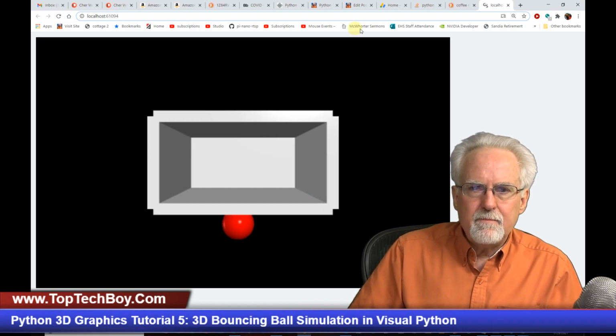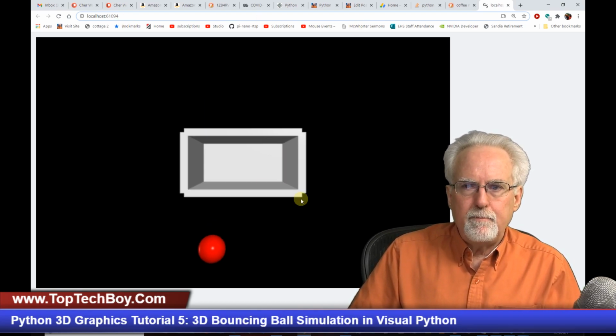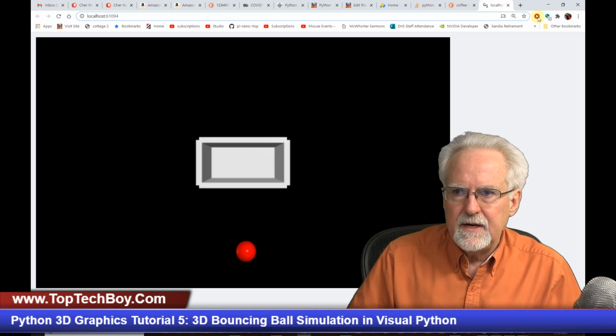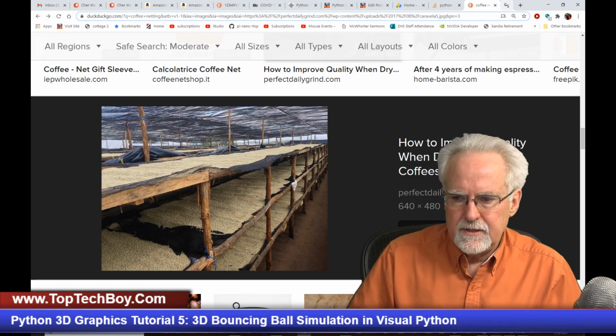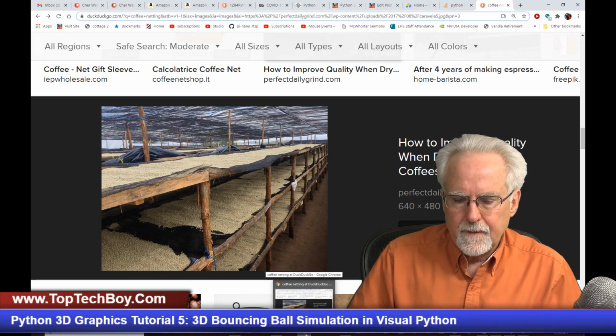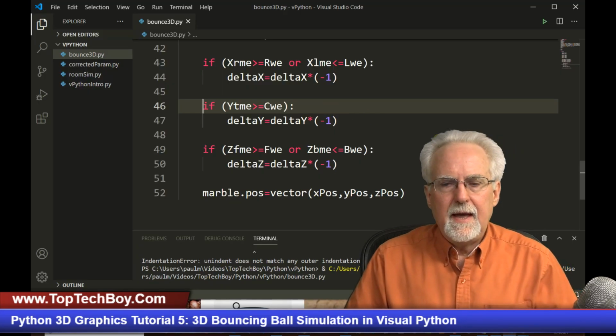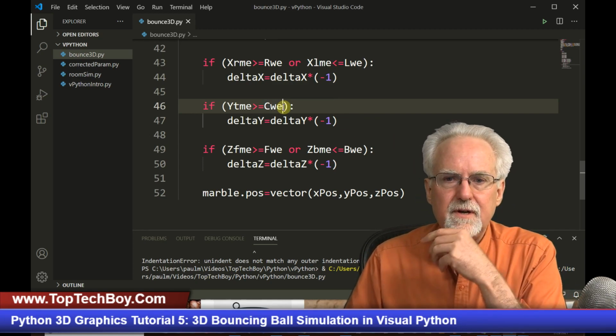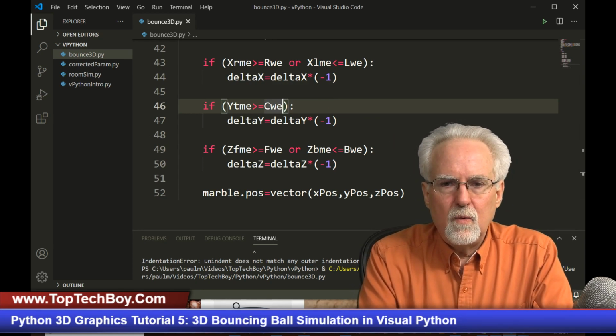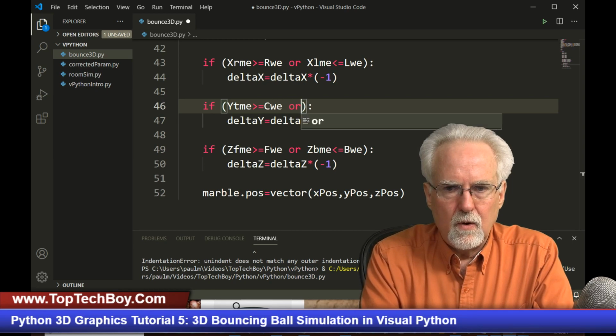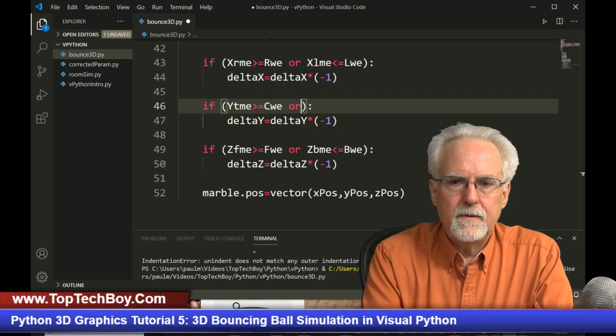Okay, so that part worked. So now we saw it bounced off the top, right? And then it jailbroke. Okay, it jailbroke, but it bounced off the top. And so what we need to do is come back to our code. So now what we need to say is or if the Y,